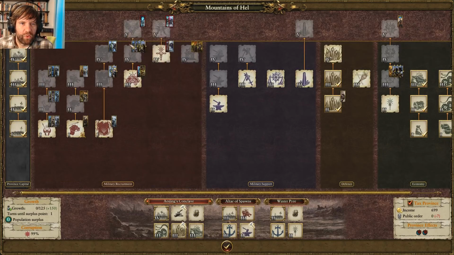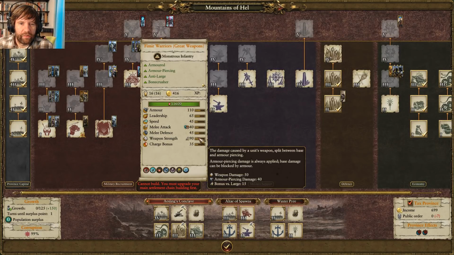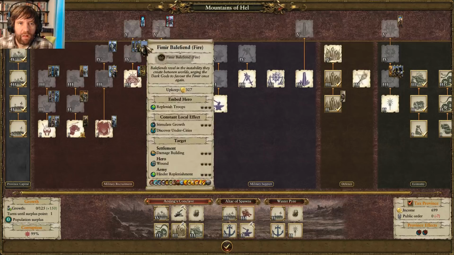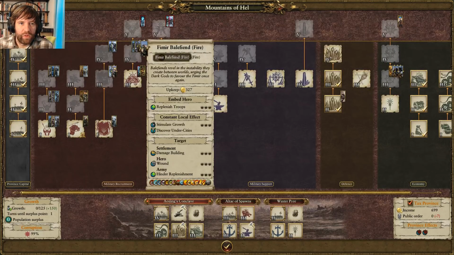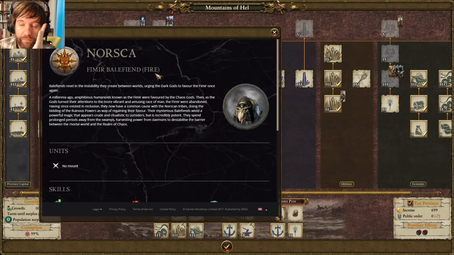How many are in a stack? There's 24 in a stack here. These are 16, but they have more defense, more armor. They're okay. Now, we could get the Famir Balefiend with fire. What are some of his bonuses? Instead of that fire mage that we just hired, which is annoying, but...